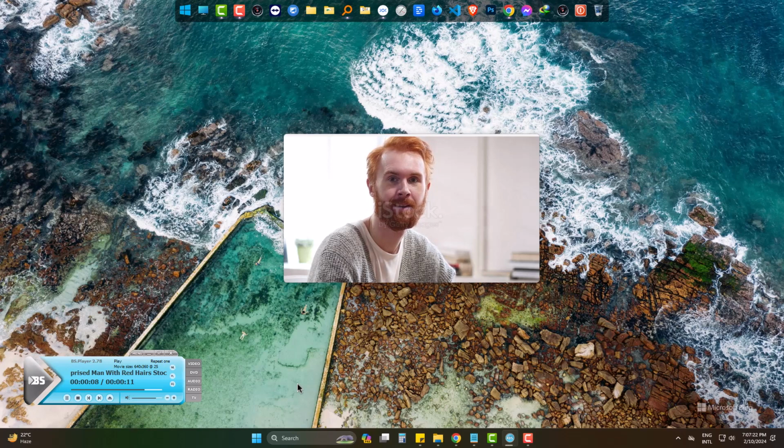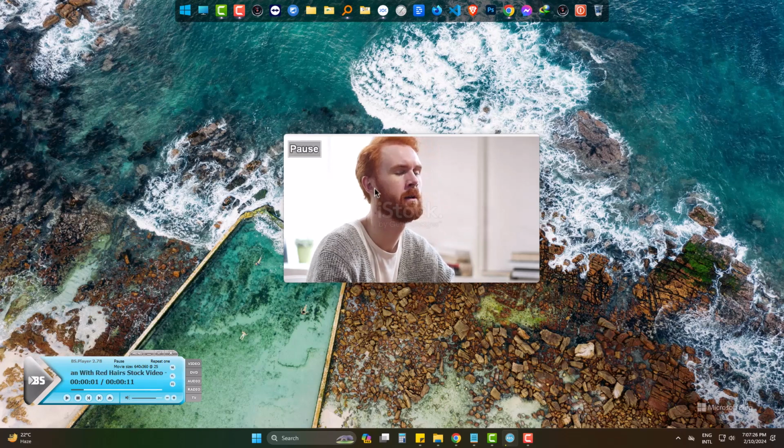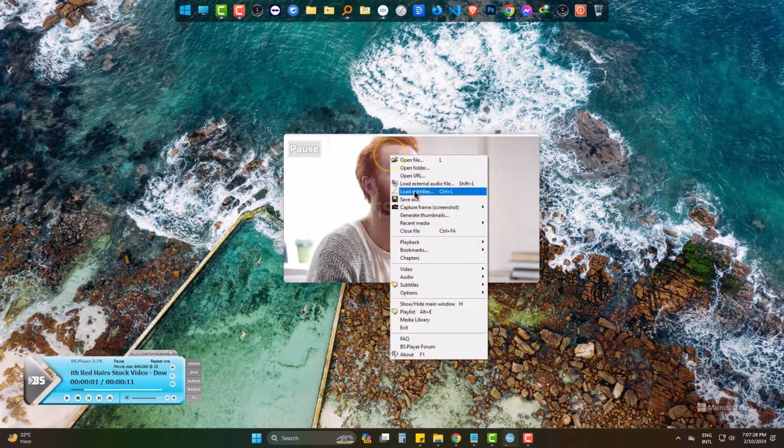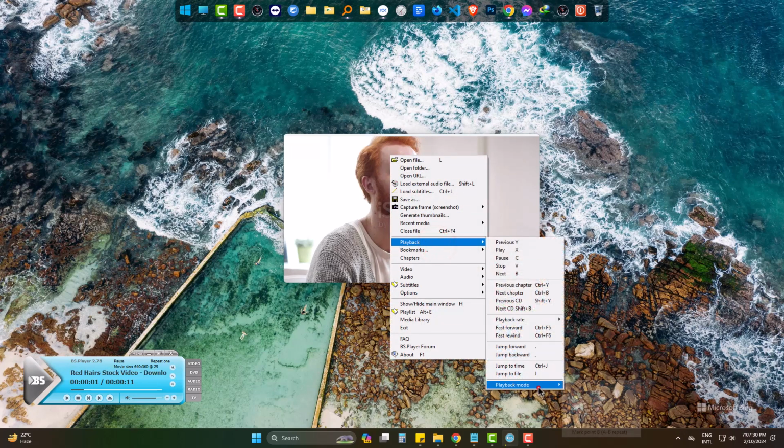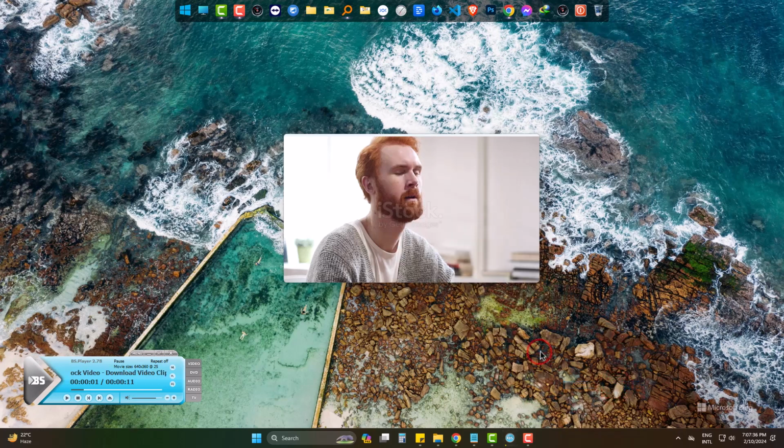But, when you need to switch off the feature, simply reverse the procedure as shown. So, this is how you can get video repeated in